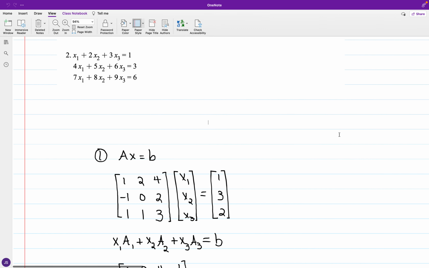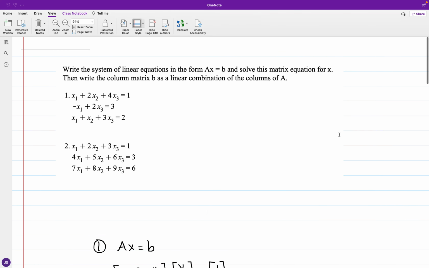Okay, now for the second equation system, we have x of 1 plus 2 times x of 2 plus 3x of 3 equal to 1. Then we have 4x of 1 plus 5x of 2 plus 6x of 3 equal to 3. And finally, we have 7x of 1 plus 8x of 2 plus 9x of 3 equal to 6. So all the subscripted x terms have natural number coefficients. So there is no void in this one,